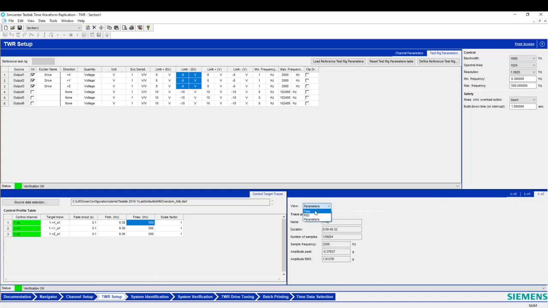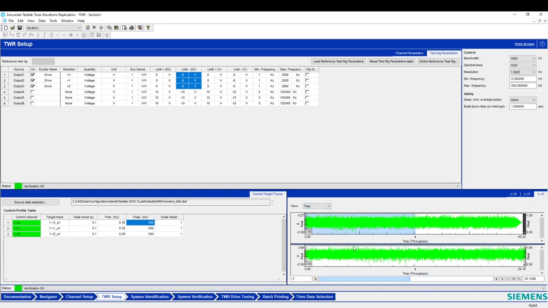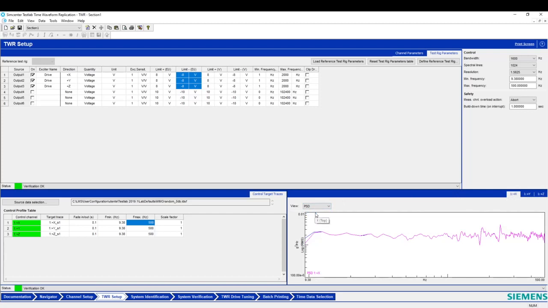We can skip to time just to see our target trace in the time domain, of course. Then in the frequency domain with the PSD we have our white noise along the X direction, then the pink noise for the Y direction, and the blue noise in the Z direction, of course. Now our control target traces are green. It means that the status is okay, and therefore we can skip into the